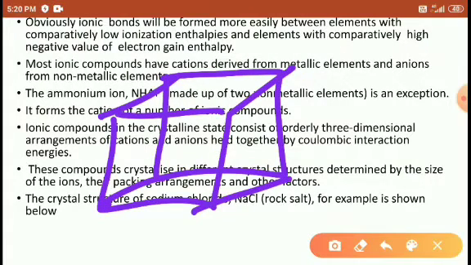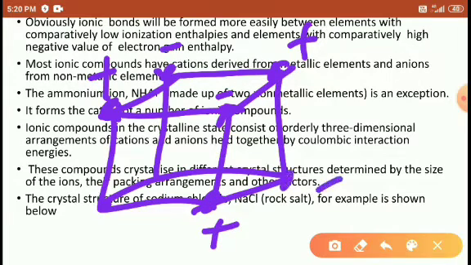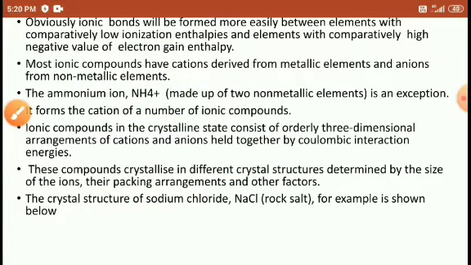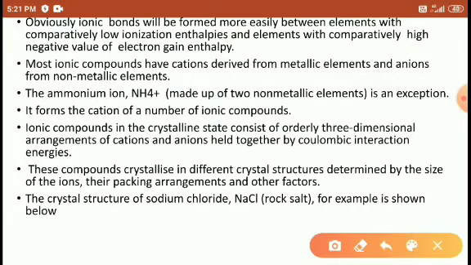What are the ionic components here? Positive charge ion, negative charge ion, next positive, next negative. Next the positive charge, then negative, then positive, and this is negative. Look here: positive negative, negative positive, positive negative, negative positive. Right students. So we call this a three-dimensional arrangement. It means the constituent particles or ions are arranged side by side and one above the other, in three-dimensional structures.